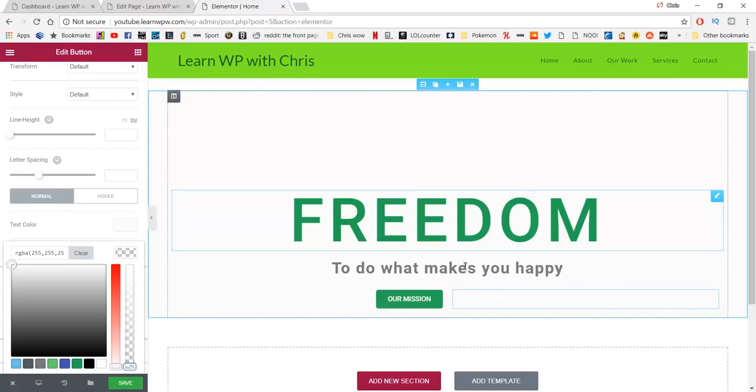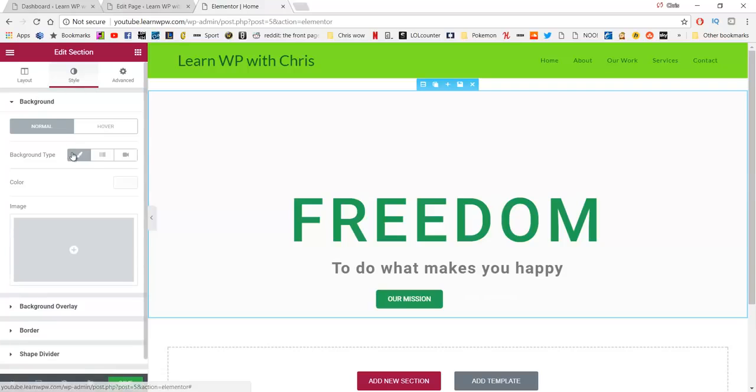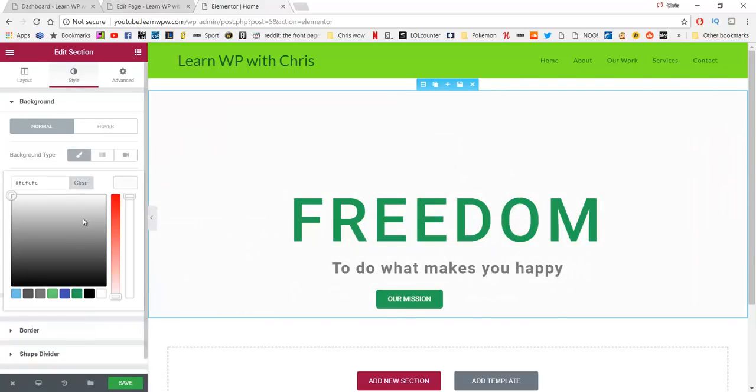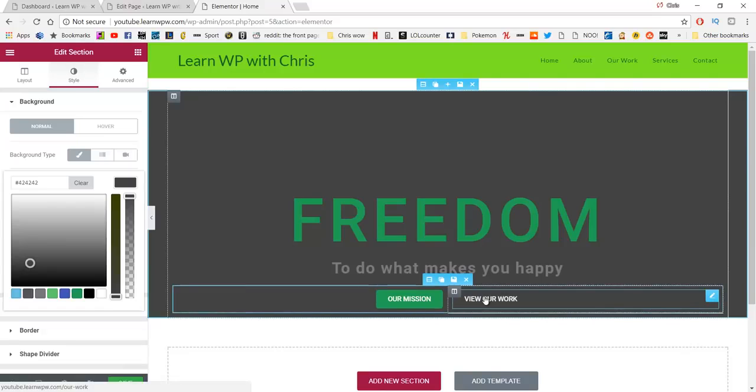And to make this a little bit easier on our eyes to see what we're actually editing, we're just going to go up here and you see these columns here where it says edit section. We're going to click on that, and now we're editing this box for the time being. We're going to click on style, and then background type, it's classic, and we're going to change the color to just a darker color just so we can see what we're doing. Brilliant. So I'm now going to go back to the button,